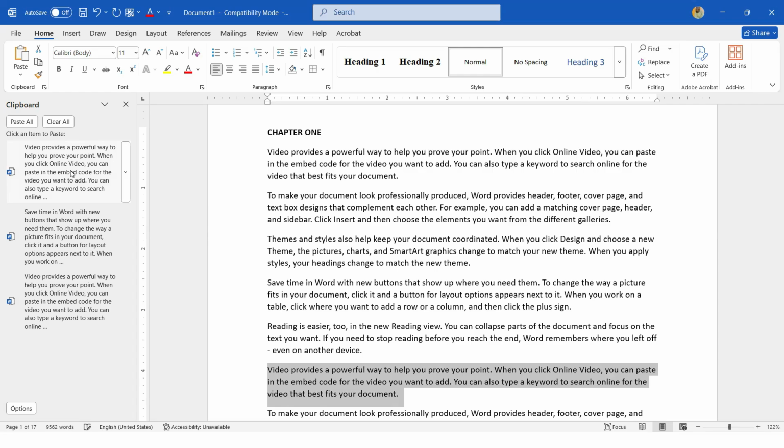Then the next thing is Control D. Control D, we said it is for font style. It can be a text font style, it can be a font size, it can be a font color, whatsoever you want to do with your text. You can basically use Control D. Once you press Control D,